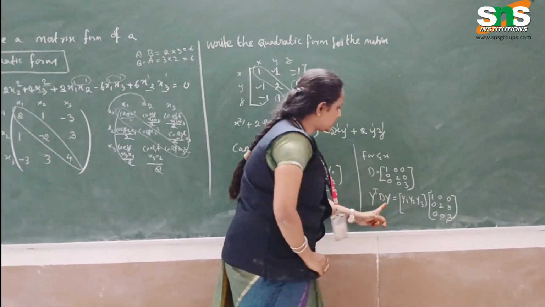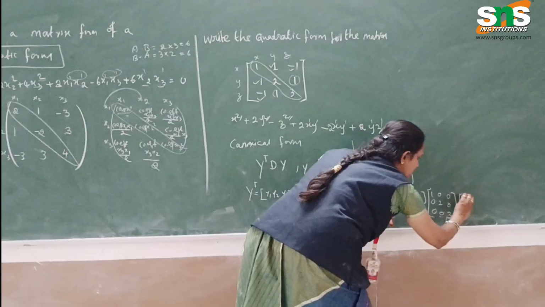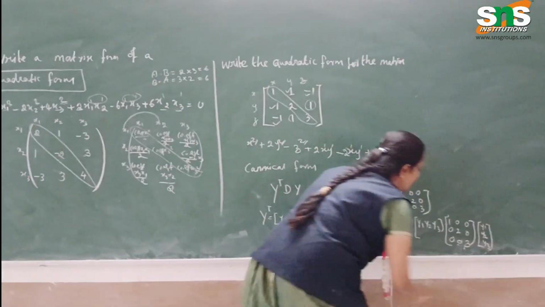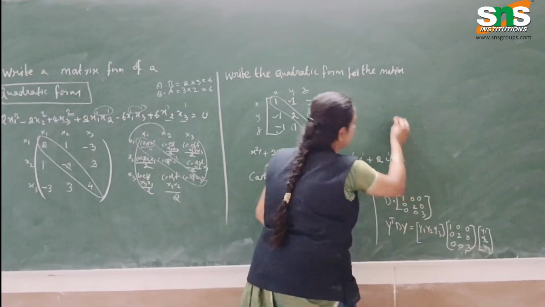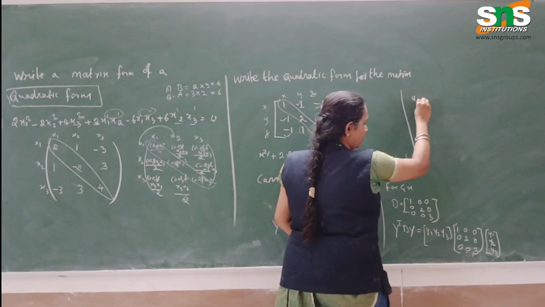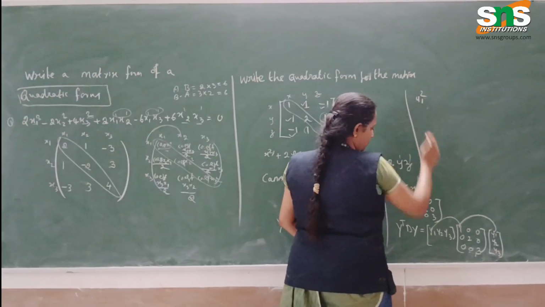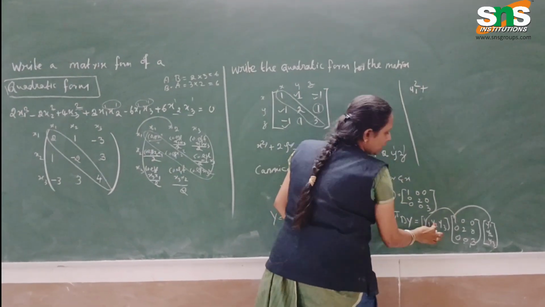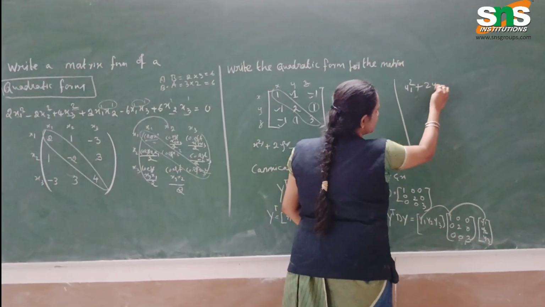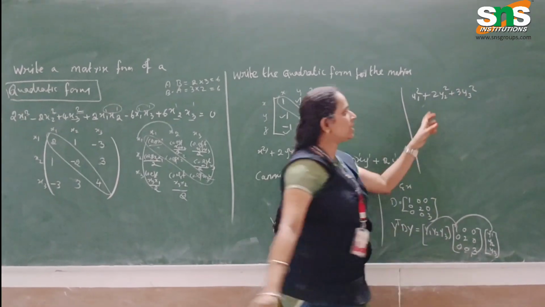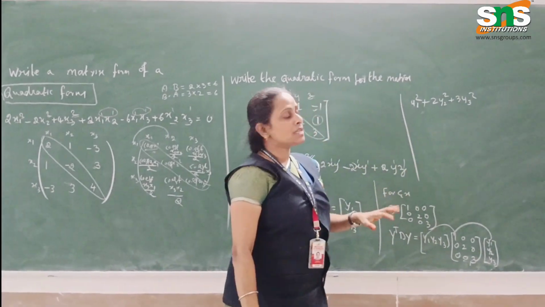Next is y, which is y1, y2, y3. So here we want to multiply: y1 square, that is y1 into y1, so y1 square plus 2y2 square plus 3y3 square. So this is our canonical form. The canonical form is the sum